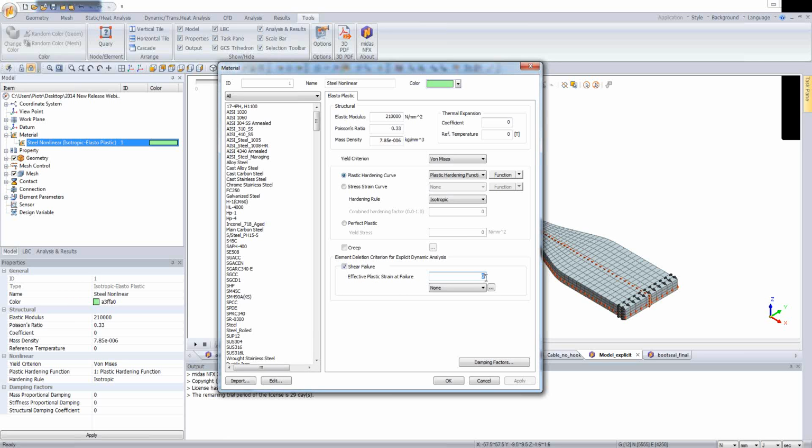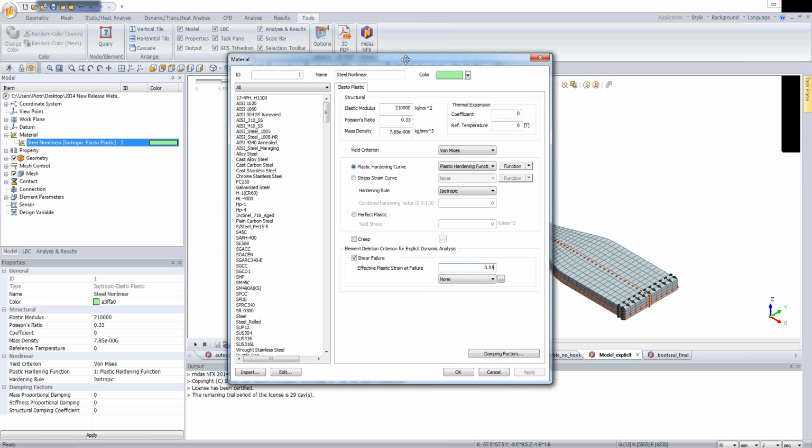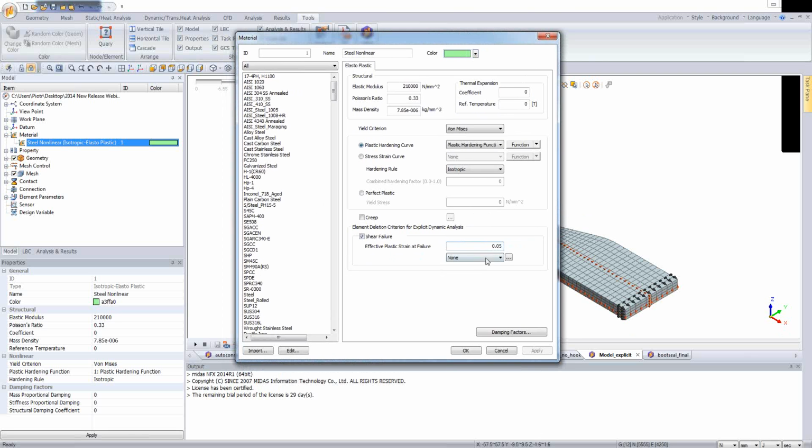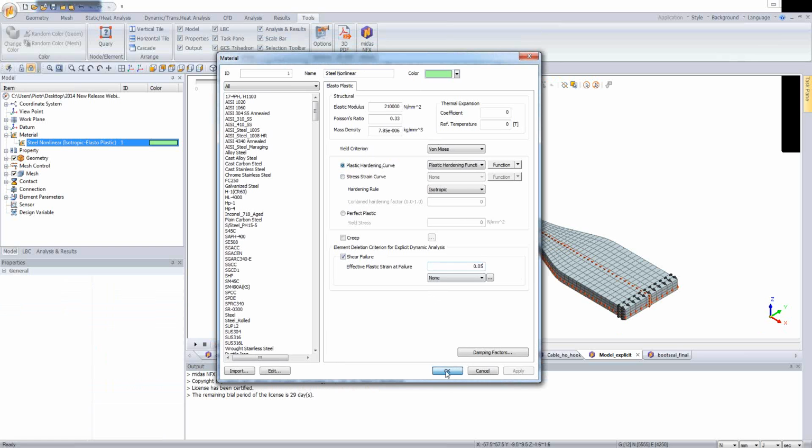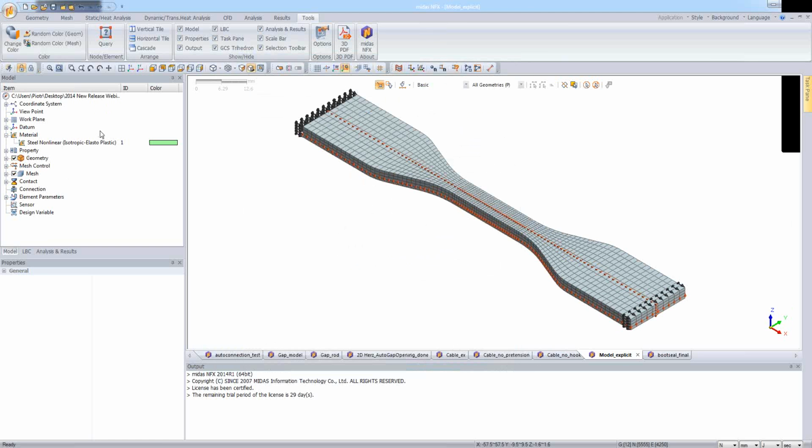So in my model, let's assume it will be equal to 0.05, but you're supposed to make some preliminary analysis to investigate how big your strains are. I made that before, so at this moment I entered this value, so it's known by me already. Okay, so the material is still non-linear with some plastic hardening option. So I'm clicking OK at this moment, and this is the first requirement which is necessary to activate this material